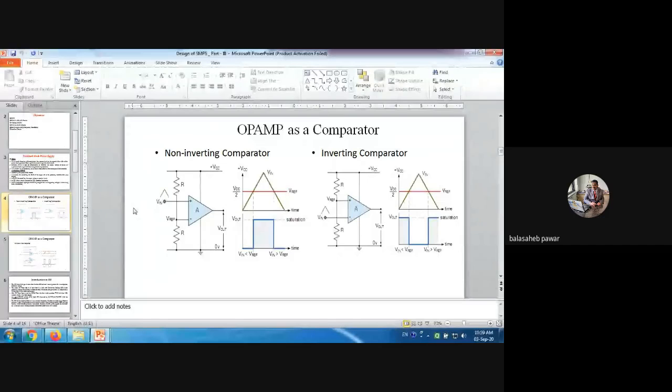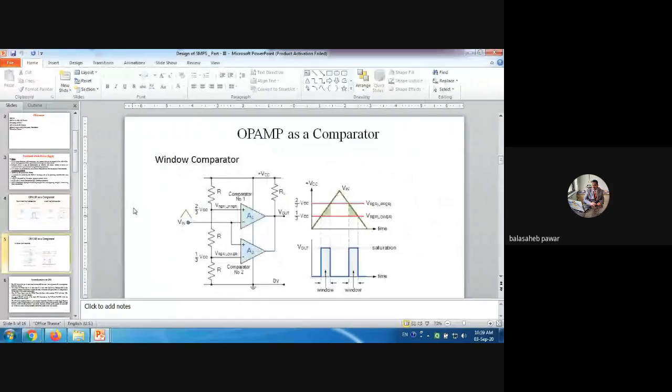Okay, so this is not that much tough, so you just try to learn it, you will get a clear idea about it. Okay, then the next one is known as a window comparator. You might not have seen such type of circuitry during your integrated circuit applications. You will observe there are 2 op-amps, A1 and A2. The input signal is common to both. Input means the carrier signal. For the first op-amp, it is applied to the inverting terminal, and for the second op-amp, it is applied to the non-inverting. Okay, and the reference voltages are also different now.